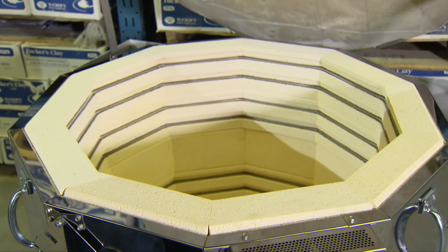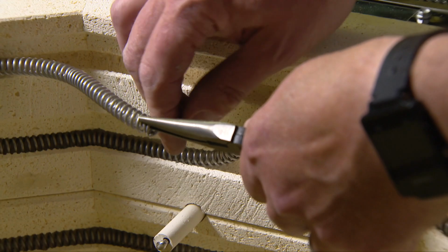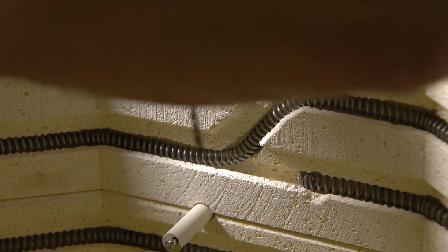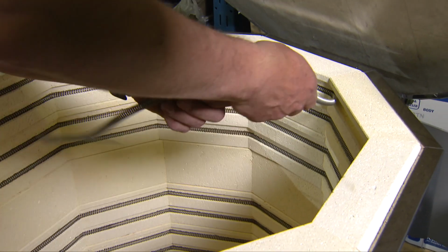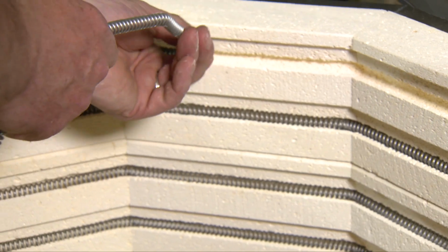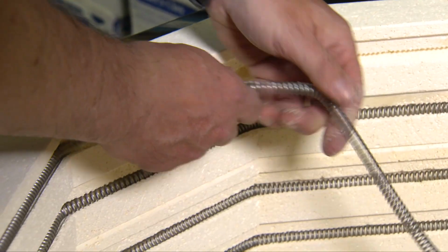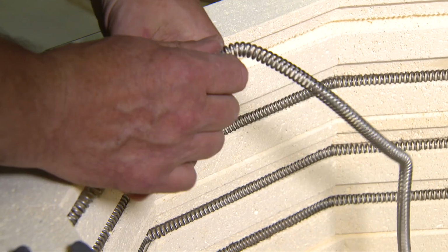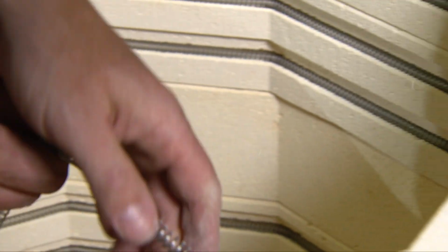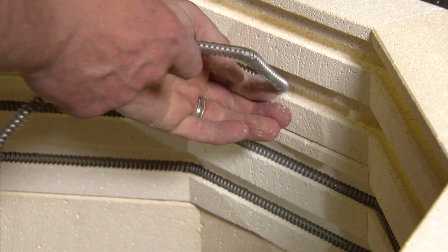Open up the kiln. Draw the element out of the panel into the kiln body, one tail at a time, and slowly remove the element from its channel. You'll notice that there is no ledge above the element. This means pulling the element up and out of its channel will do much less damage to the soft kiln bricks. Once the entire element is out of the channel, discard it